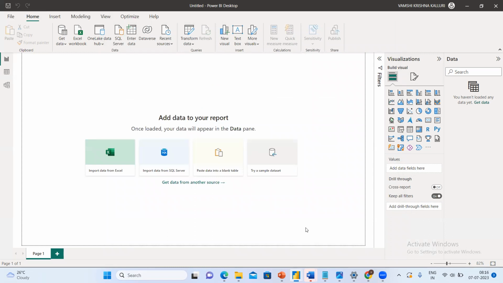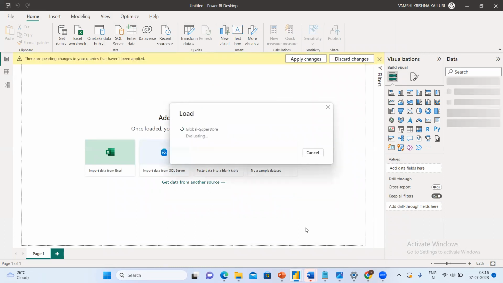We discussed that transformation is nothing but transforming the business data, meaning you can convert from one format to another format. We'll discuss that one. But just let's see, as of now, whatever we discussed, we'll be showing in the practical. It takes some time, guys, because it depends upon the data set size. It will take time because data is coming from the CSV file to the Power BI engine.